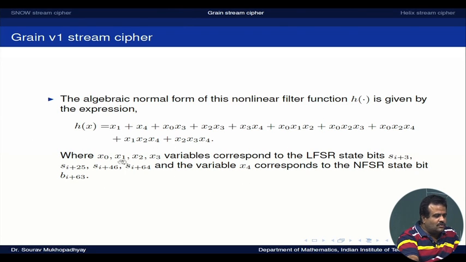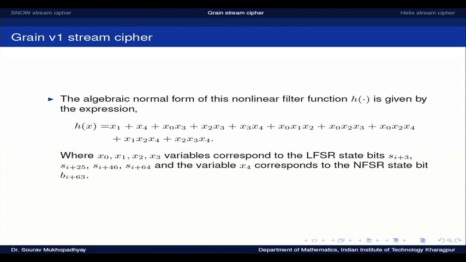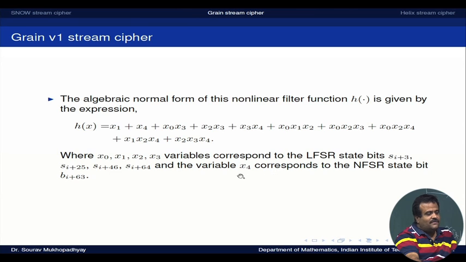So which bits of the LFSR? The third position, 25th position, 46th position, and 64th position. So these are the positions of the LFSR bits contributing in the H function, and for the NLFSR it is